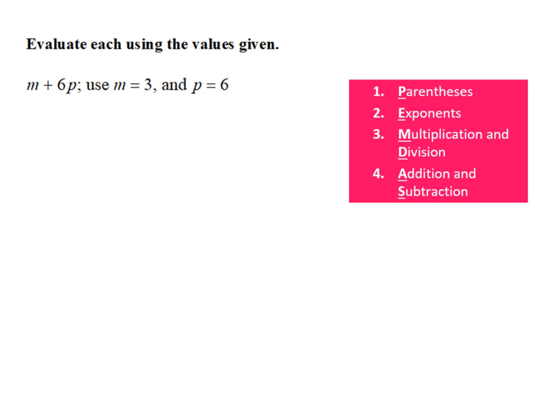So for our first algebraic expression, we're going to substitute into the original expression. So we can substitute the 3 in for m in 4m and the p for 6. So this will give us, the m becomes 3, and it's plus 6, and the p becomes 6. Now if we want to simplify this, it will become,